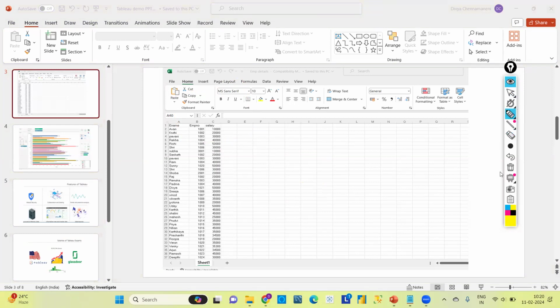Actually, how Tableau will work, suppose this is the database, or you can assume it as SQL, and this is our Tableau Desktop, where we will create some charts or graphs, right?